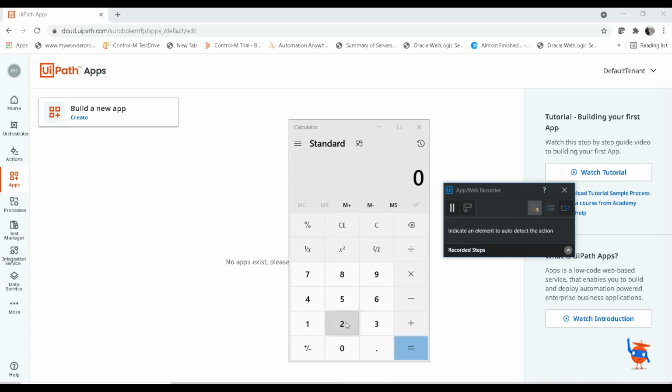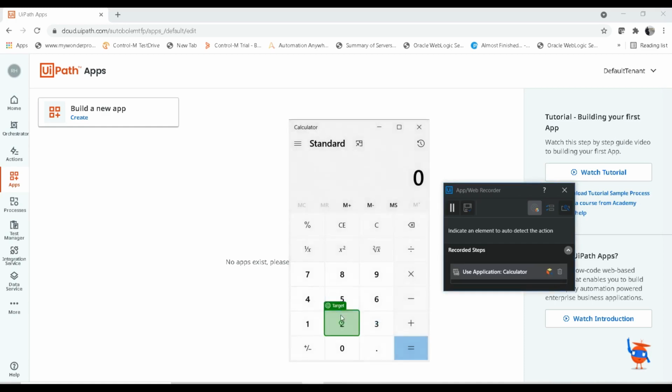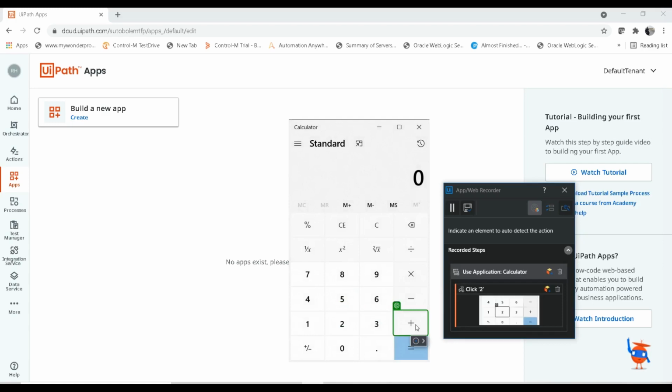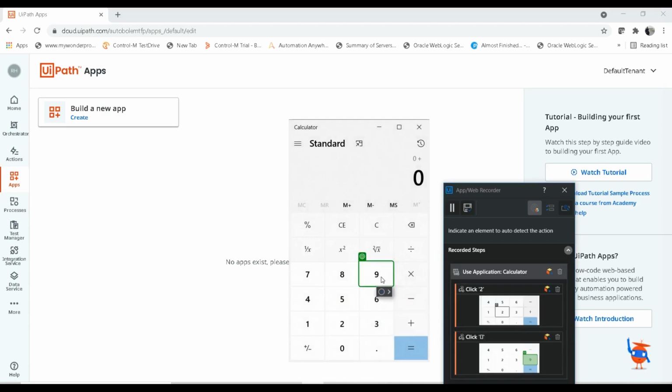So I'm going to click on 2, that is my first number. Then I need to click on the plus symbol, then click on the second number. Then I need to click on the equal to symbol,